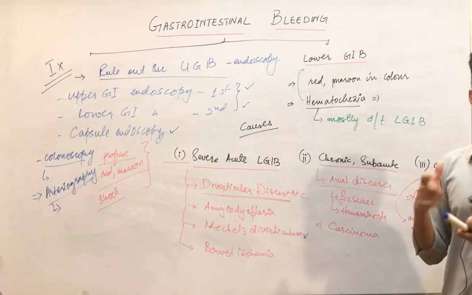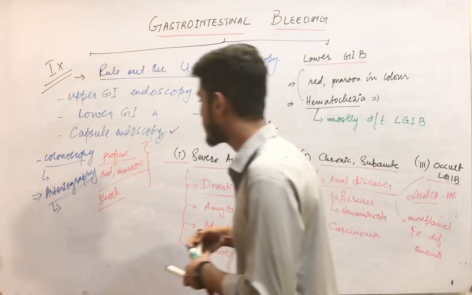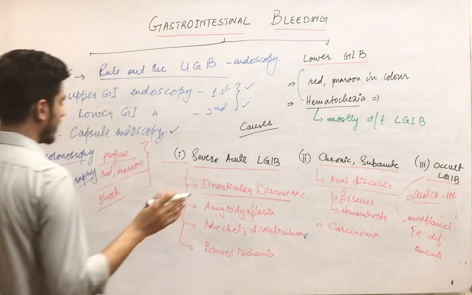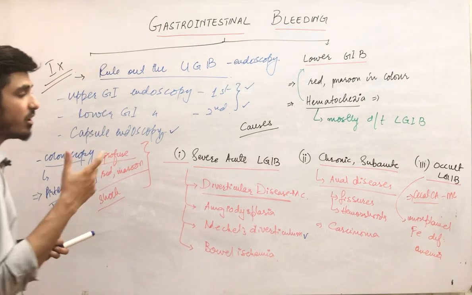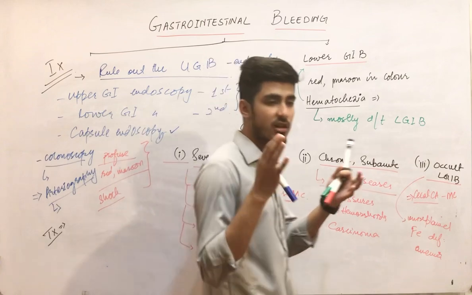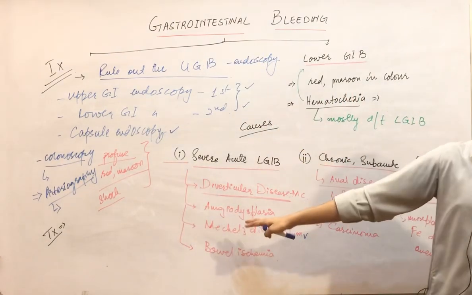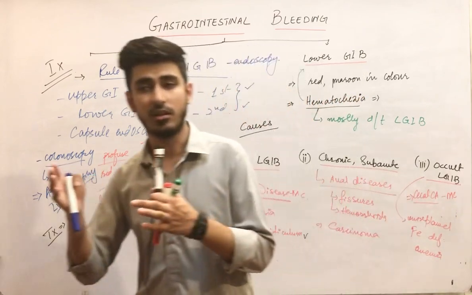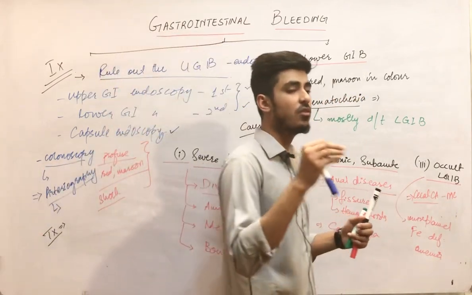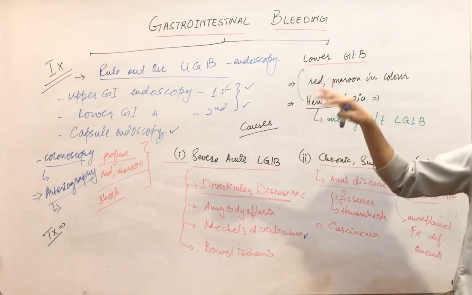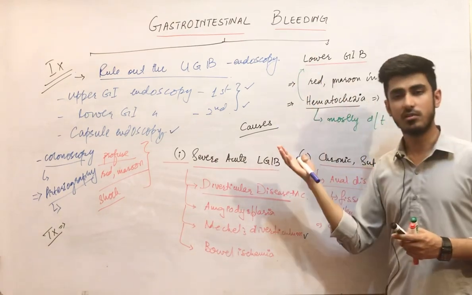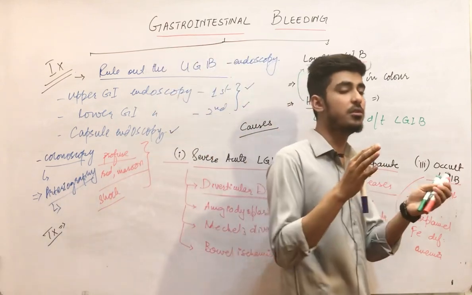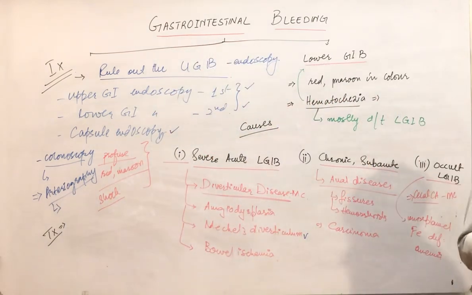So these are the basic investigations that you are going to do in a case of lower GI bleeding. After that, what is the treatment of lower GI bleeding? Treatment is the same as that of upper GI bleeding, just the specific treatments are different. First, what you did in upper GI bleeding, you passed a large bore IV cannula, the same you will pass here. Then you did the baseline investigations, that was CBC, urea, creatinine, electrolytes, LFTs, KFTs; the same you will do here. Then you will do the initial assessment and resuscitation of the patient, meaning volume replacement therapy.